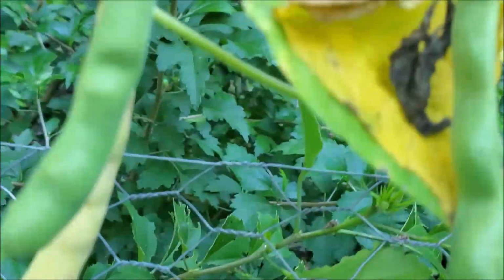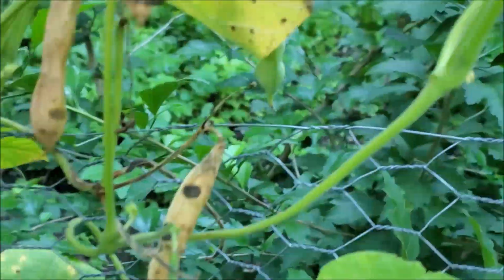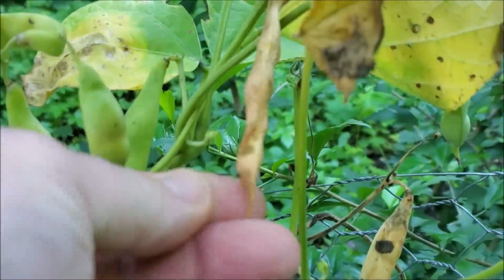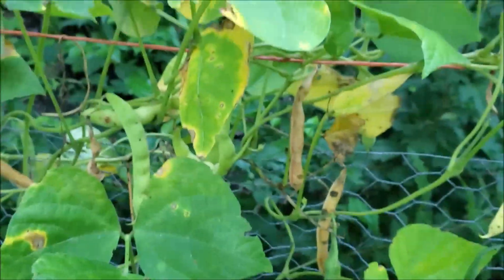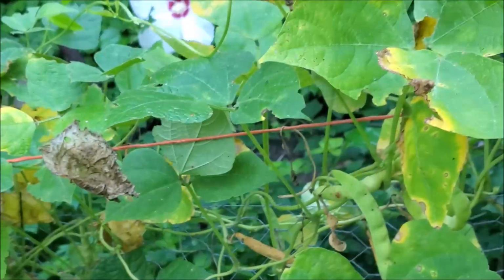These are all pinto beans. I'm gonna let them dry up, put them away. It's just an experiment, really. I don't really need the pinto beans. I got bags of them. And then